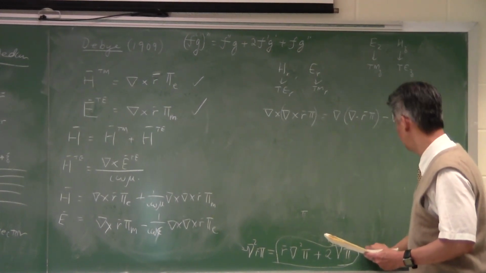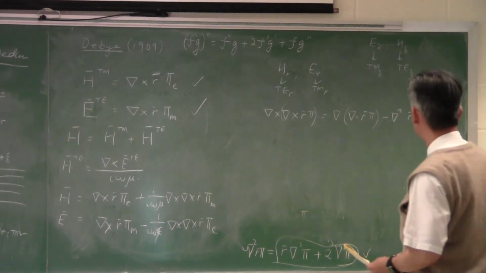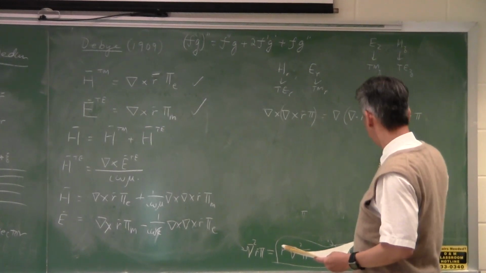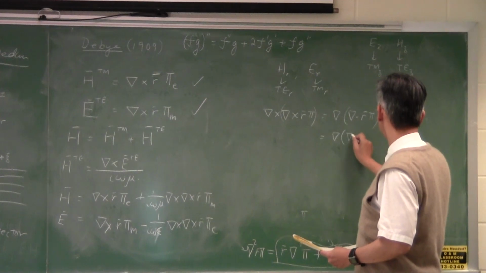This identity comes in useful again. So if I use this identity, this would be equal to the gradient of the divergence of